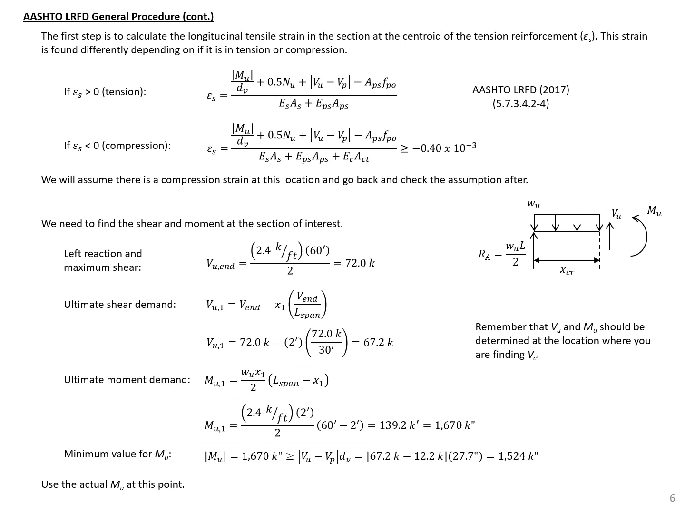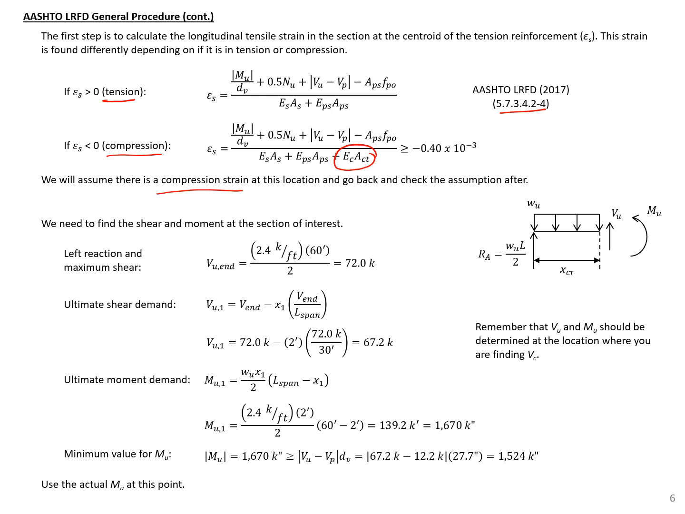The next step is to calculate the longitudinal tensile strain in the section at the centroid of the tensile reinforcement. We can do that using the given AASHTO equations. We have a different equation if we have tension at this section versus if we have compression at this section. So you can see if we have compression, we have an additional term down here in our denominator. So we're going to assume that we have compression at this point, and then we're going to go back and check the assumption after we